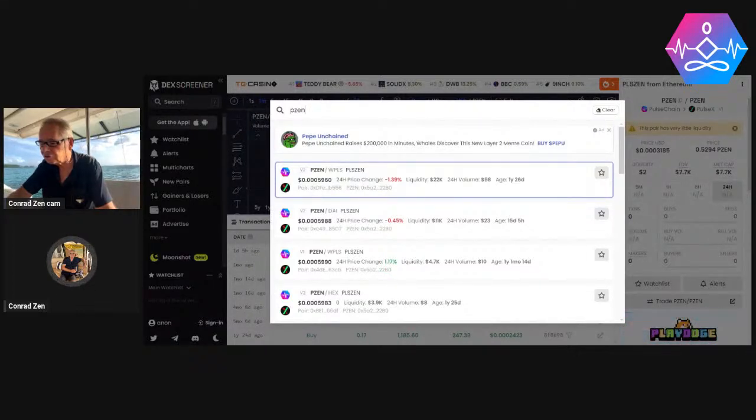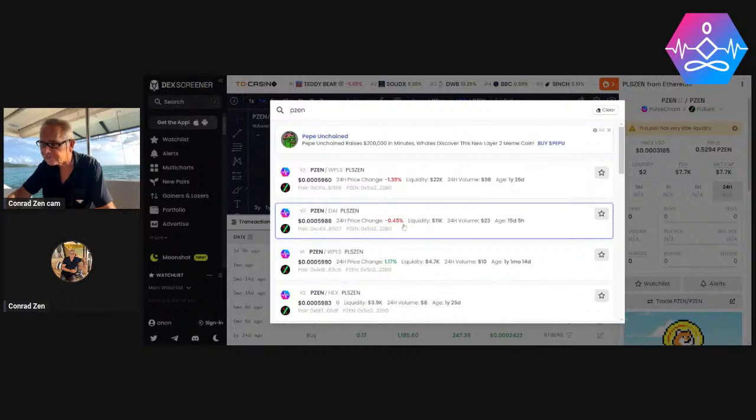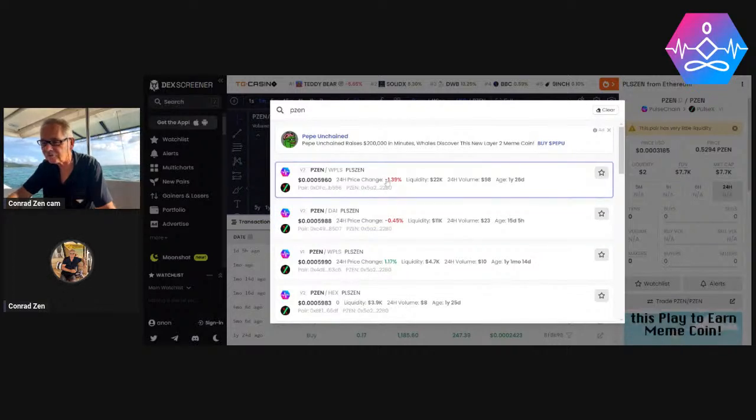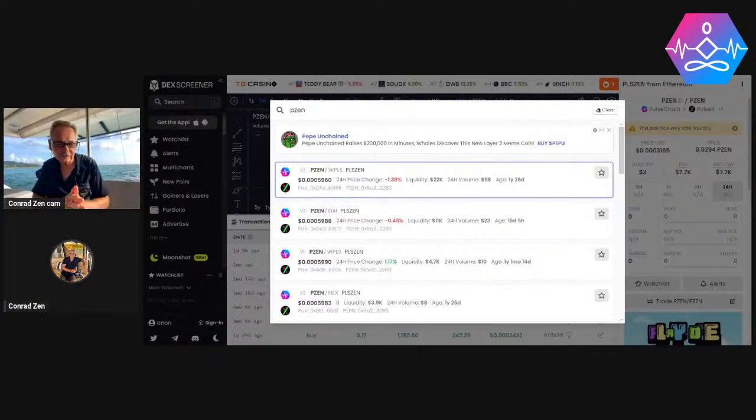And you could do that with DAI if you're not very risk averse, or of course the main one is PulseX against Pulse. And the whole idea here, of course, is that we expect both these assets to go up in value. And so you holding the liquidity will allow you to generate fees and join in with the price gain action that's going to occur on the networks.